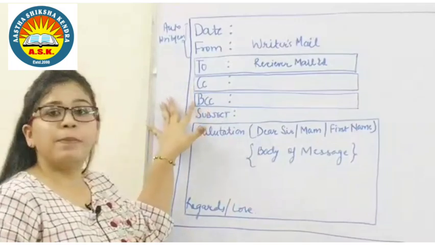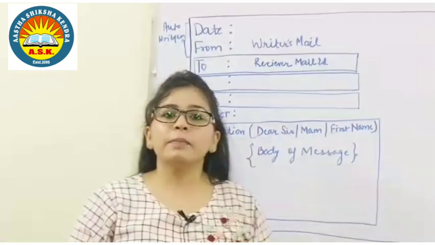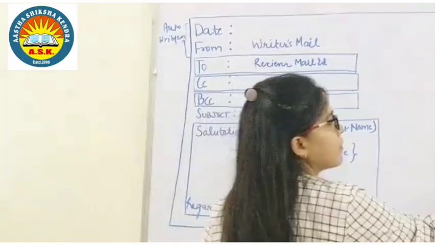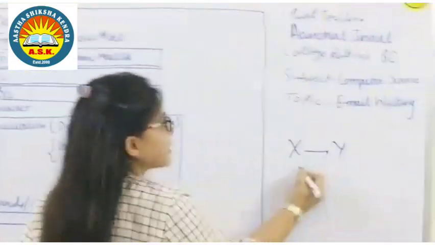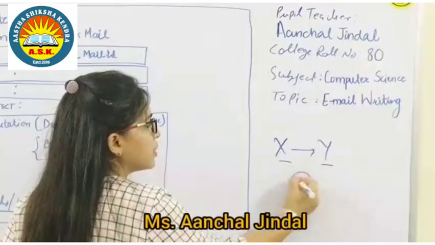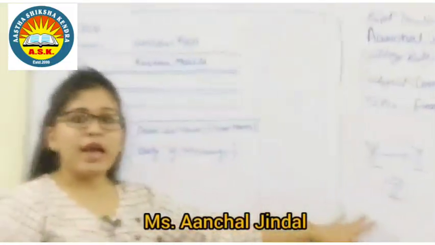Next is BCC, blind carbon copy. Blind carbon copy is used if you want, suppose there is an X and Y. X is the sender's mail ID and Y is the receiver. And if you want some other person to be included in the mail and you do not